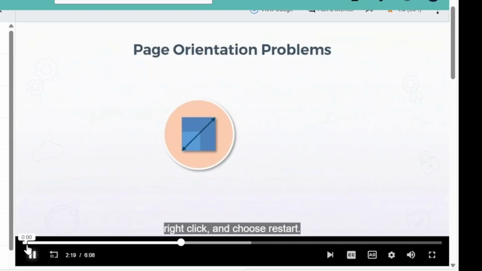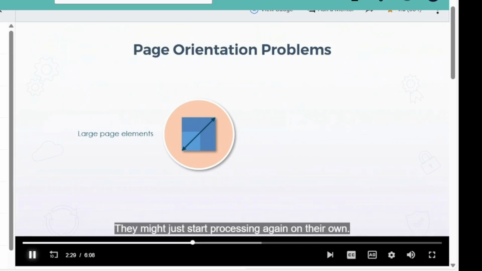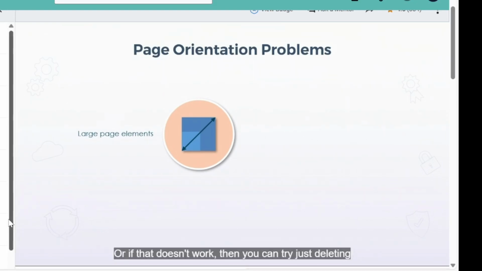Now, you might encounter other problems in terms of orientation due to what's referred to as large page elements. In other words, if you think of something like a web page, and if you try to print that, there could be an element of that page that is simply too large to fit in some